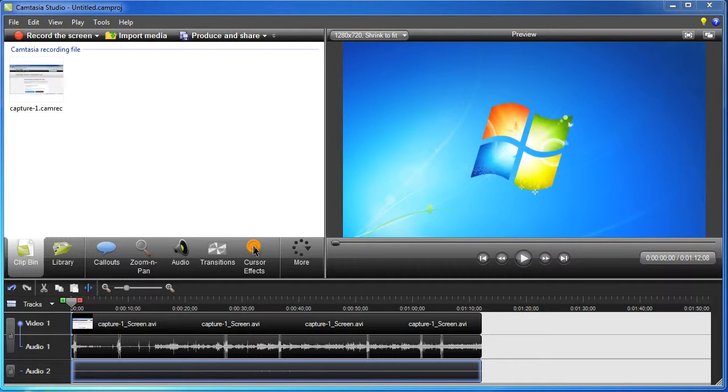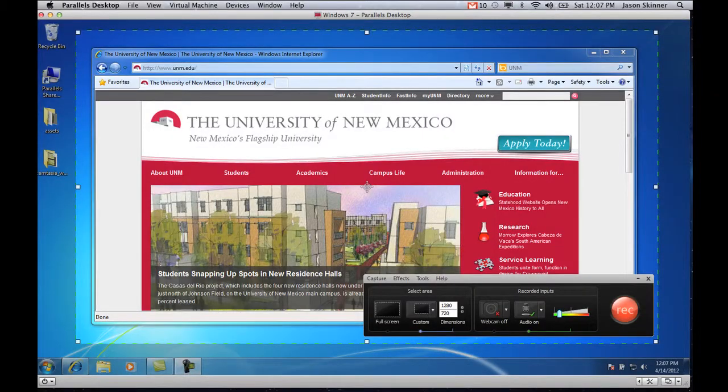So I am able to basically video edit my screen recording in the same way that we've done audio and video in our other projects. Now, before we start editing, let's go and grab one more screen recording clip. The way that I'm going to do that now is go back up to that top left and click record the screen,